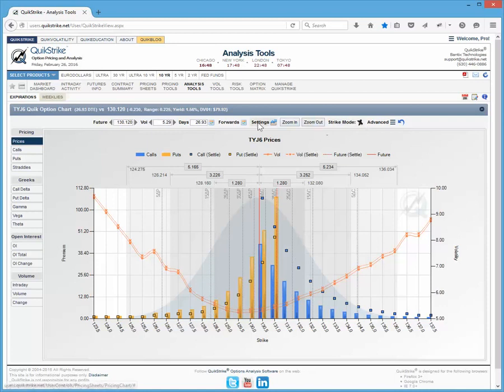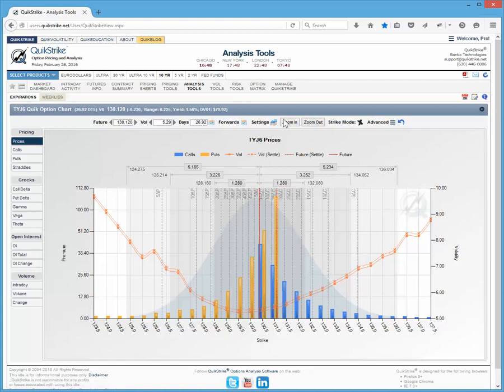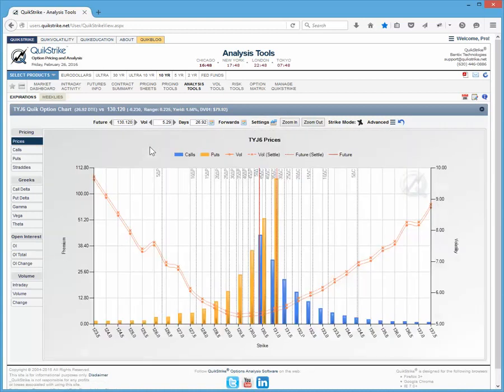And what we also have in the settings, just like we had in the expected range, we had show odd delta, show the expected range, show the settles, and we have show even settle. So I could click that box and it'll show all the even deltas as well. And if I want to turn off the little settle boxes, I can do that. Okay, and you can turn off the expected range as well if you'd like, so you get a little bit different look,